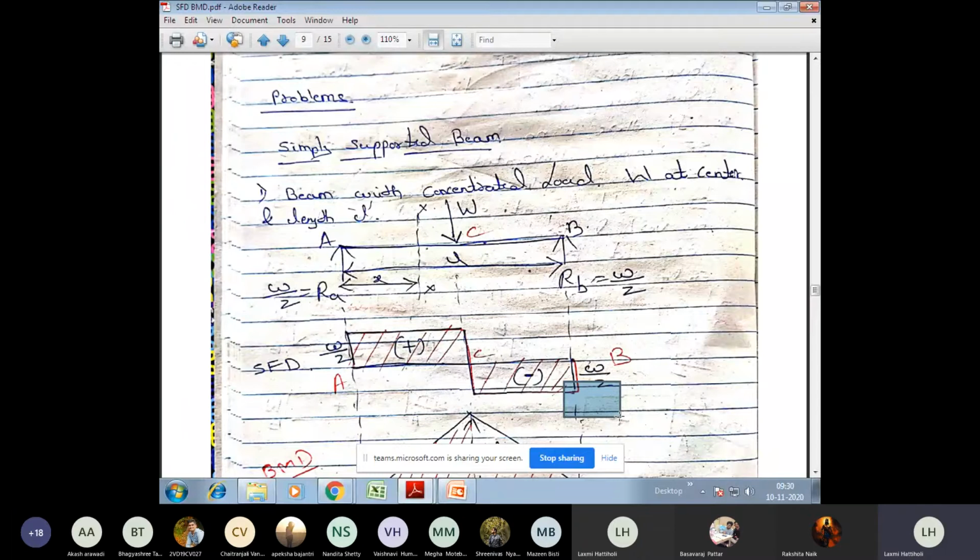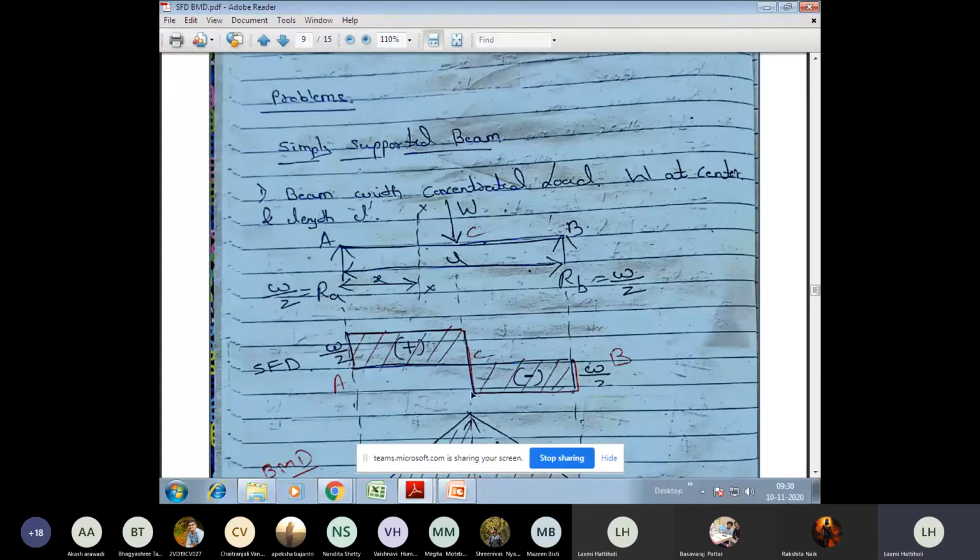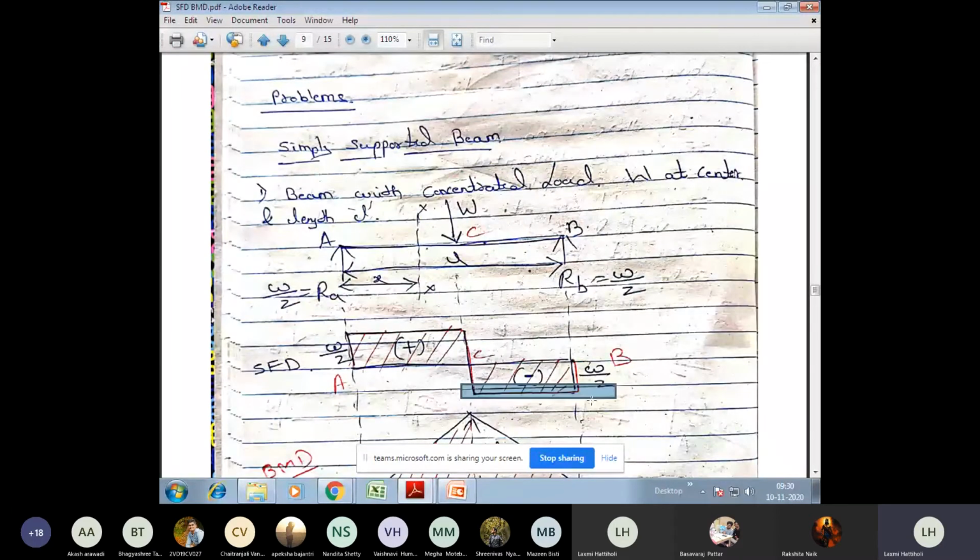Now, after marking the points, what I have said is, whenever you have concentrated load, you get only horizontal and vertical lines. So from this point, join the straight line up to here, then bring it back down. Okay, so from here to here, you have a straight line, bring it back down. Once again, these two lines should be joined with a horizontal line. Okay, so I hope this point is clear to you. Once again, remember, whenever you have concentrated load, you are going to get horizontal and vertical lines for shear force diagram, not bending moment diagram, shear force diagram.